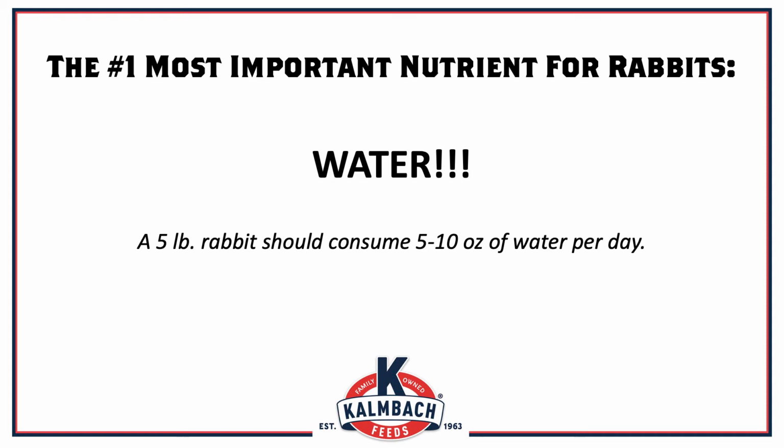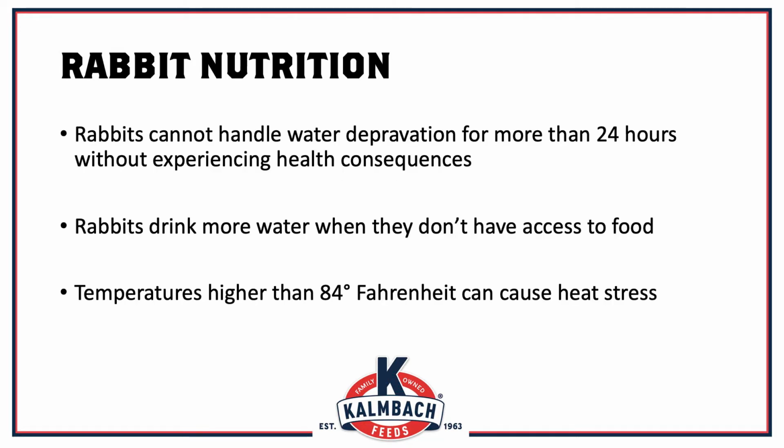When feeding rabbits, what is the number one most important nutrient? Water. A 5-pound rabbit should consume 5 to 10 ounces of water per day. Rabbits can suffer health consequences after 24 hours without water. They drink more water when there is no access to food, and they also drink more water during times of